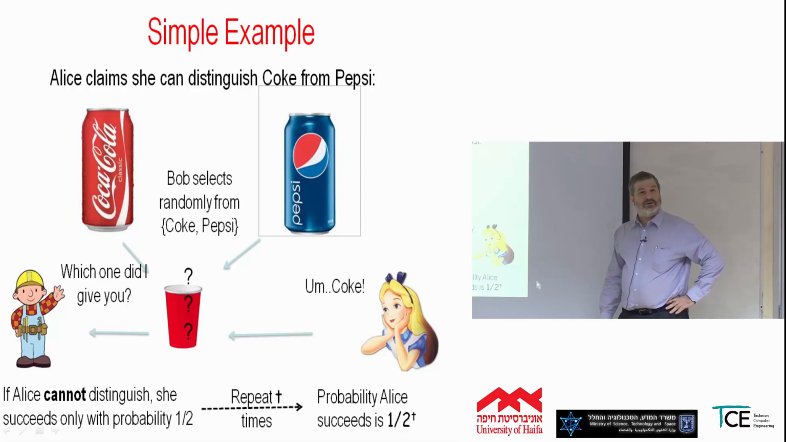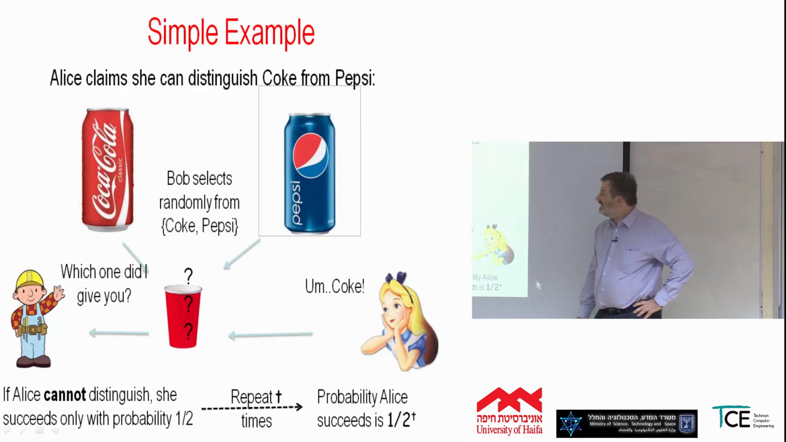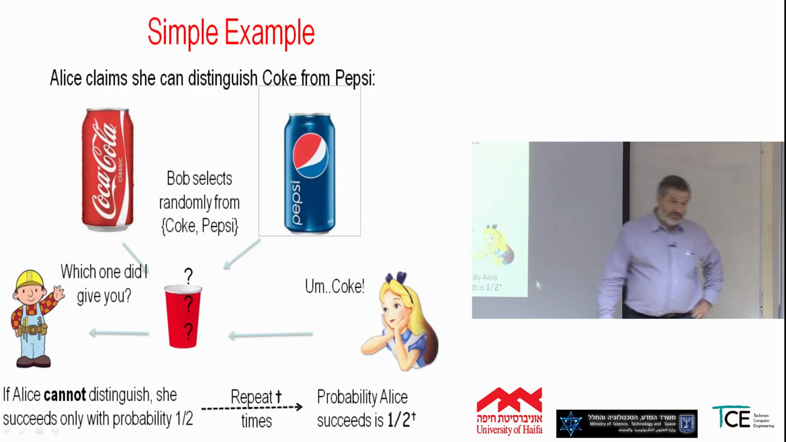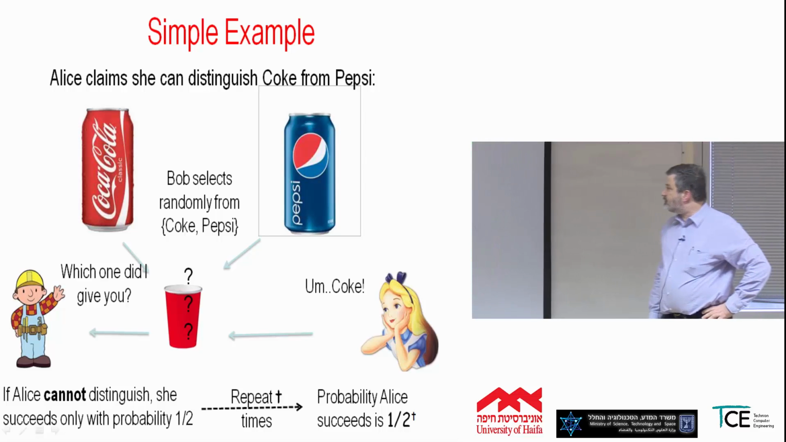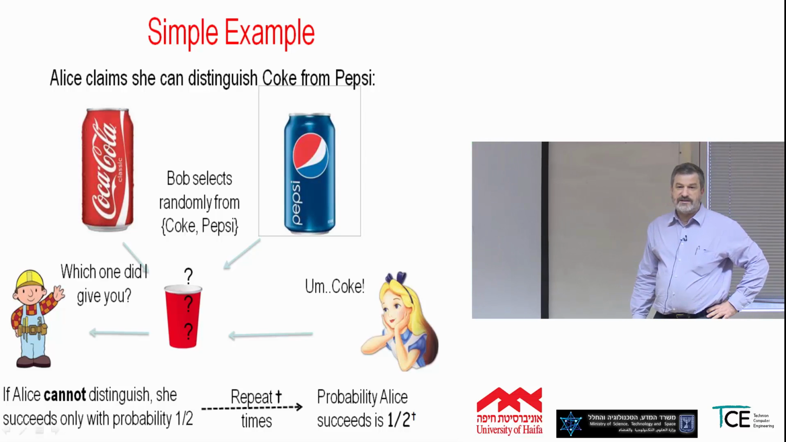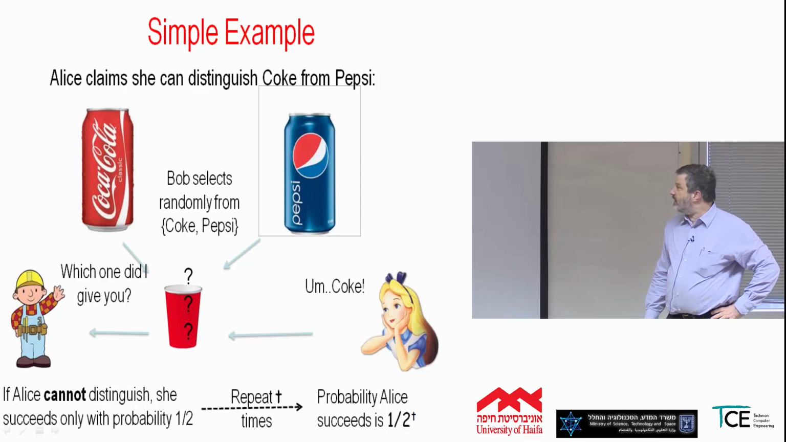So is this a zero knowledge protocol? It's a question. You can't prove for sure. That's true. You can't prove for sure. But for the zero knowledge aspect, does Bob learn anything about Alice? We have to be careful about